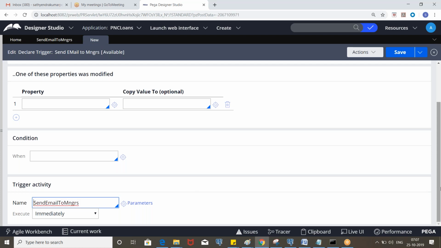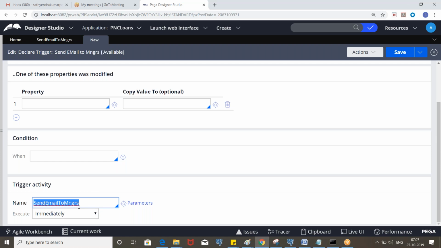And if you want to execute this activity based on a condition, you can define a condition here, and if the condition is satisfied, this will be executed, otherwise not.